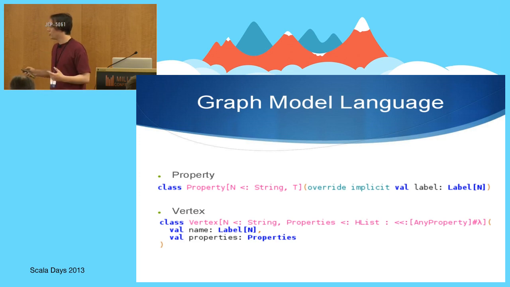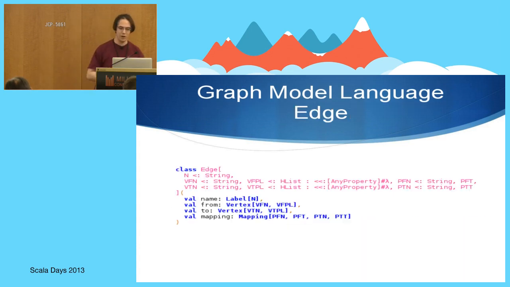So it's to be sure that once the end user creates a vertex, all the elements of that HList will be of type property. So this is a pattern you will see in the other class, which is, I think, quite useful. So this one is a bit scary, actually.